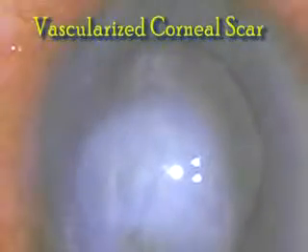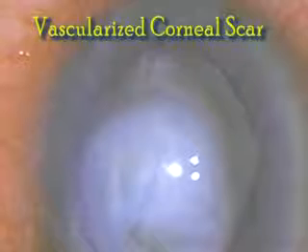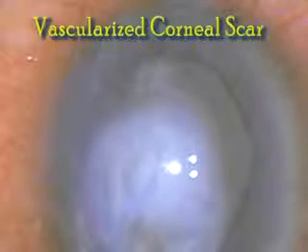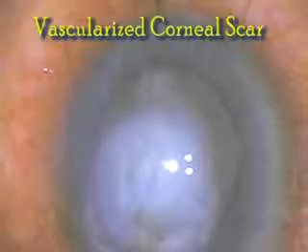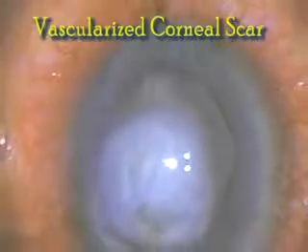We shall now begin with case 1, a 55-year-old male with a history of recurrent episodes of corneal infection in the right eye with a corneal scar of resolved herpes simplex virus keratitis. The host cornea was trephined with an 8 mm trephine. The center of the cornea was marked to coincide with the center of the trephine.